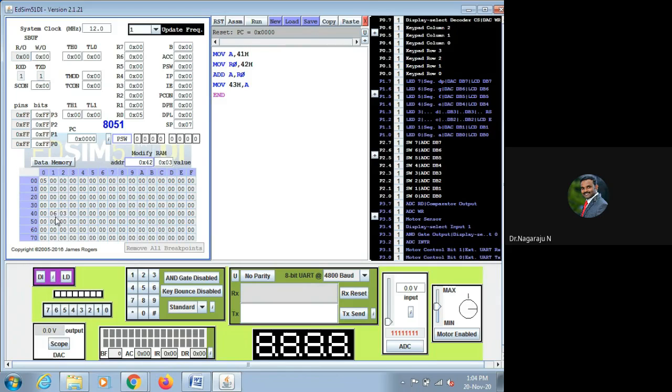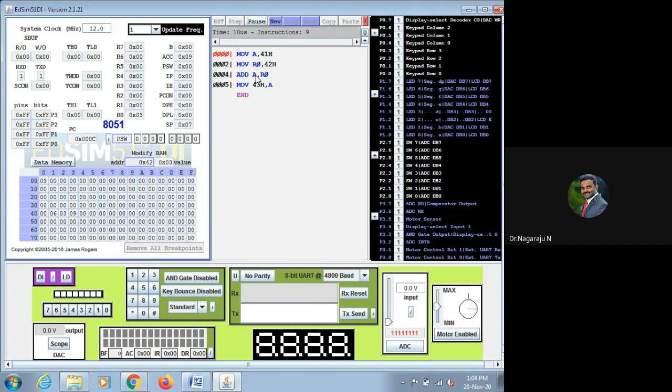If you click this one, you just see here 41. Here 40 is there now. So 41 contains 06, and 42 contains 03. Right? And the result is available at 43. Now here we have not simulated. So far we have only assigned the input data. Now I am going to give the run command.